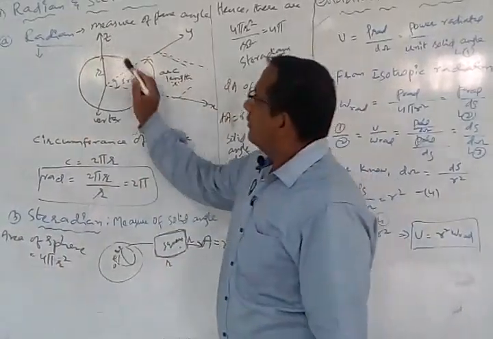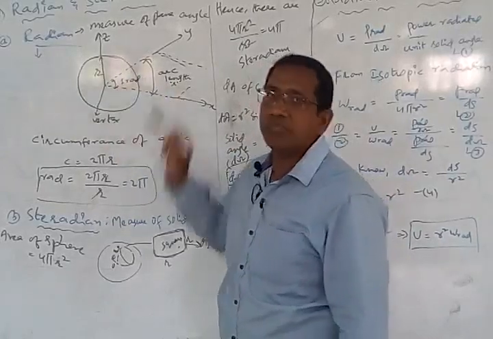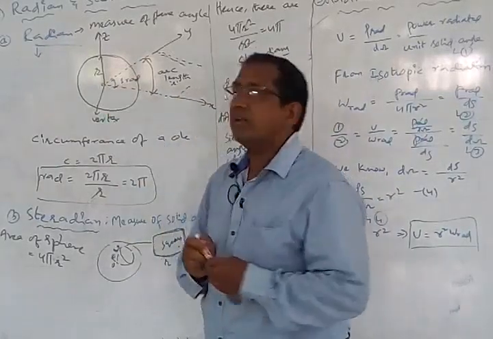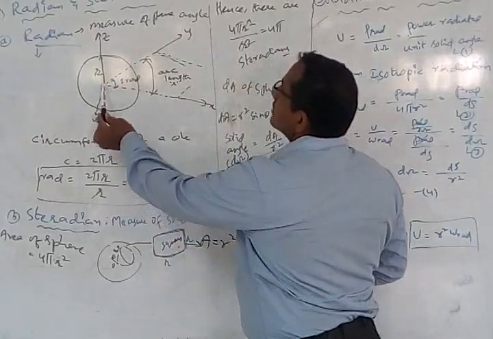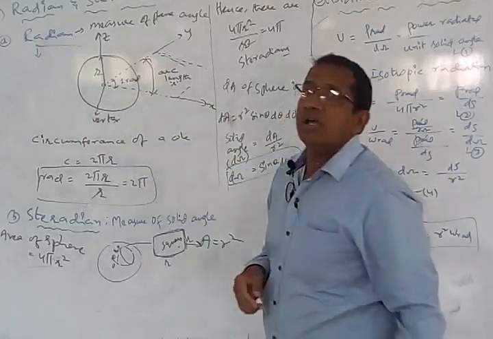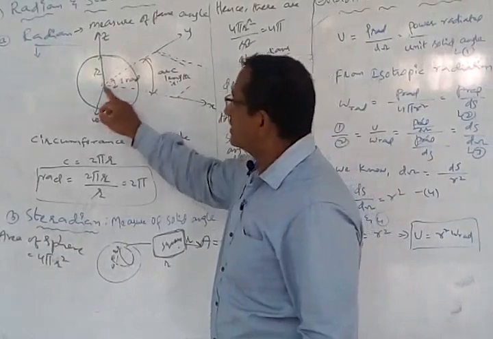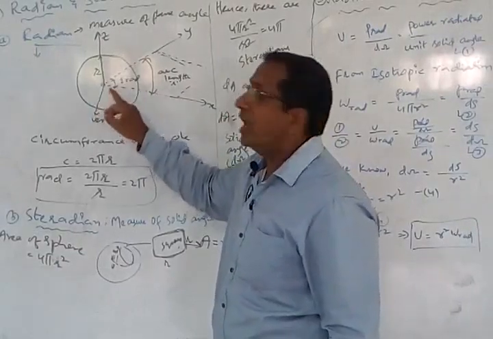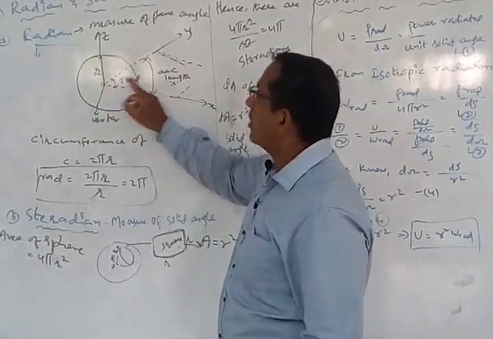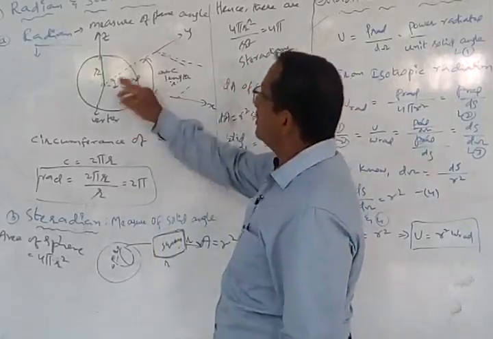See here, if you consider a plane like a circle, a circle is basically a plane structure. So if you consider a circle with the center of the circle as 0, then imagine that you are going to consider a plane now. This is one plane, y plane, this is going to be x plane. Now if you find the angle between these two planes with the vertex as the center of the circle, which is going to subtend an arc of length r, then we get a value for radian. So radian is basically a measure of the plane angle.